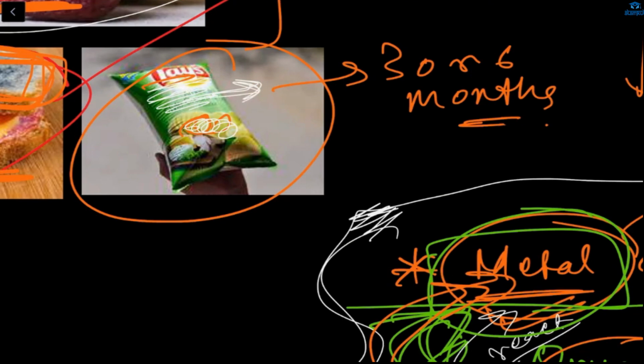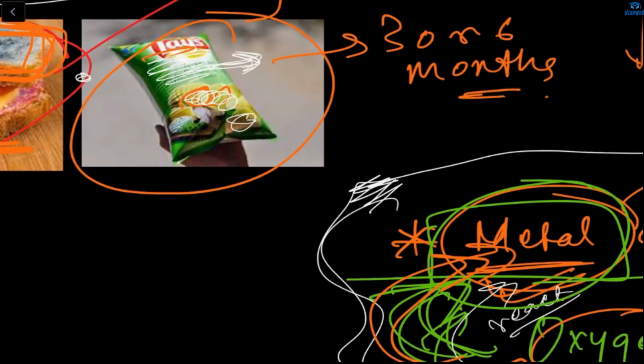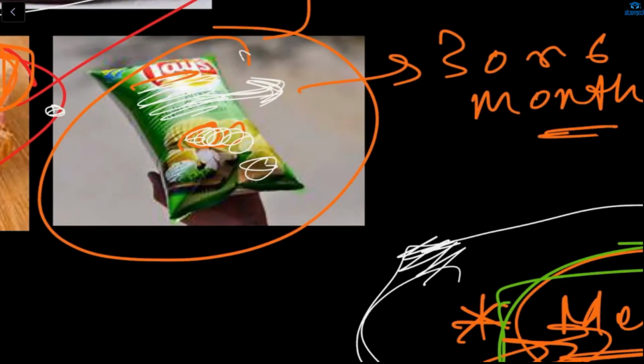But nitrogen gas is not reacting chemically, which means it acts as a barrier between the outside surroundings and the chips. N2 will act as a barrier with oxygen. It won't allow oxygen to come in contact with my chips. Helium or any other gas could be used, but that's why they fill the packet 70% with nitrogen gas and only 30% chips, because only the nitrogen will not allow the outside things to react with my chips.